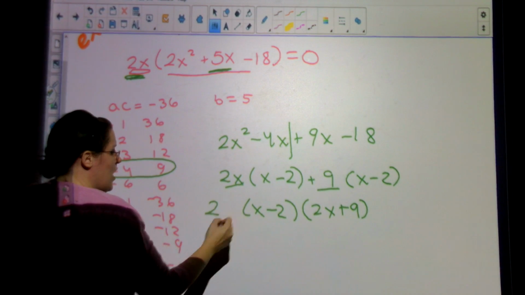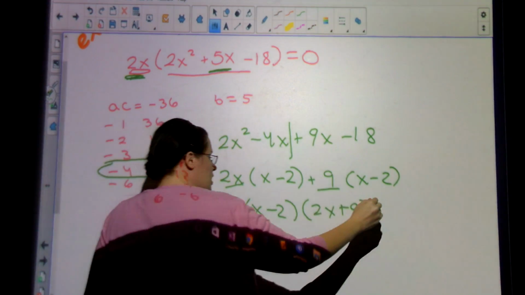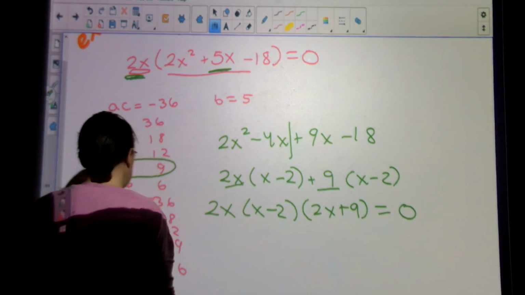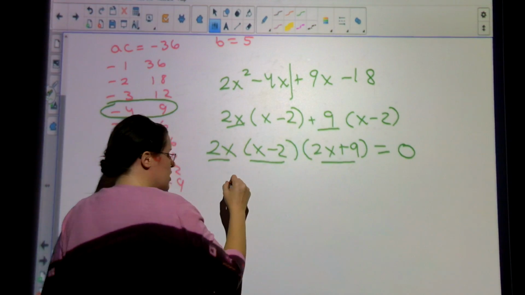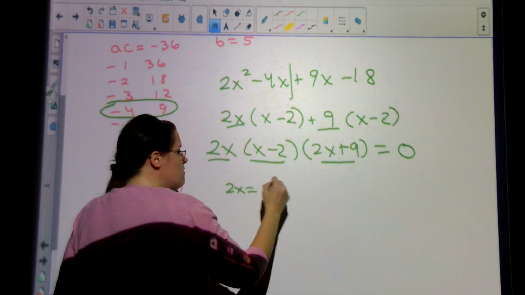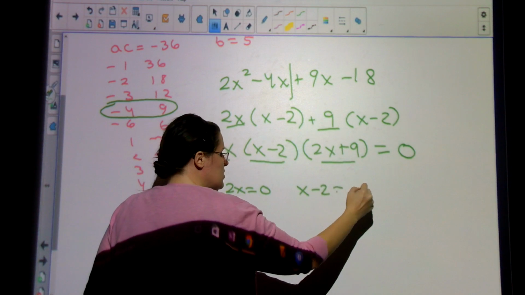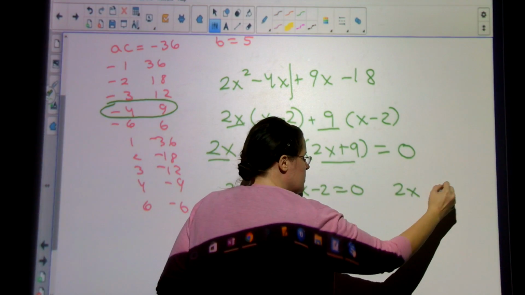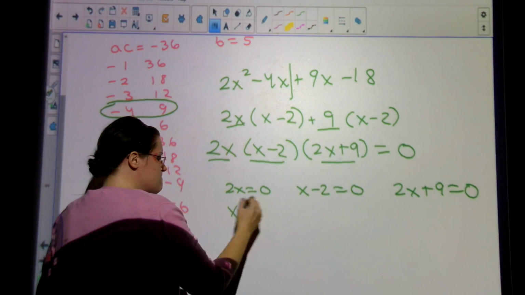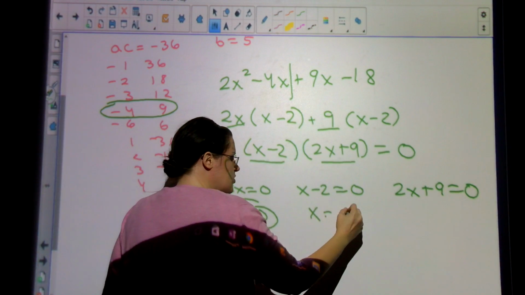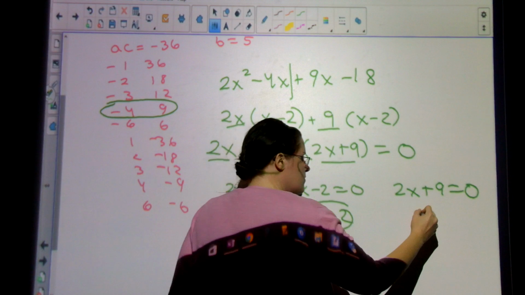That's still out in front. I still have a GCF in front. So when I set this equal to 0, set each term equal to 0. Set 2x equals 0, x minus 2 equals 0, 2x plus 9 equals 0. So that would give me x is 0, x is 2,